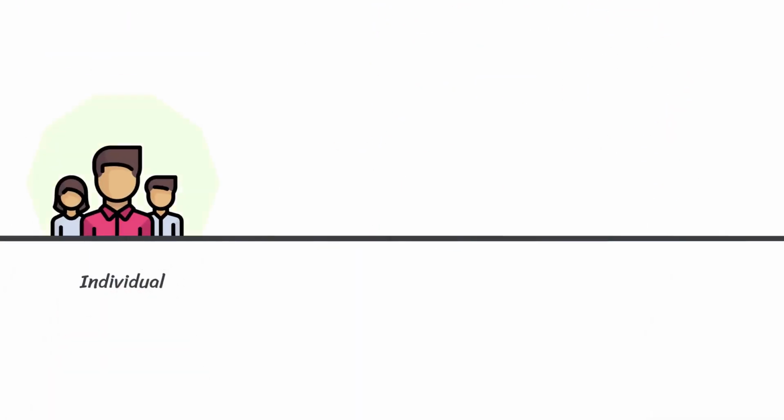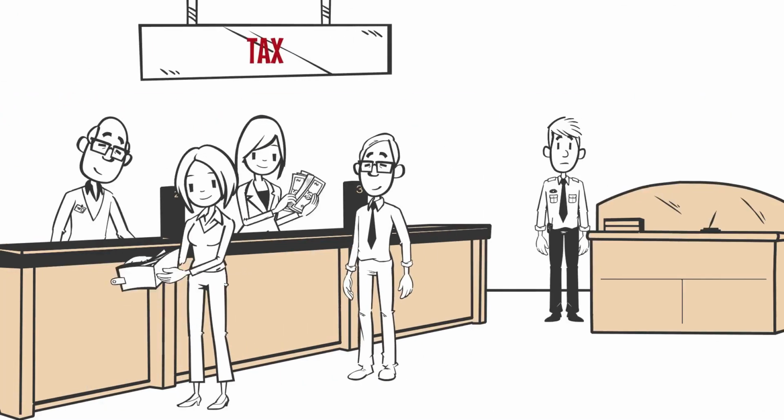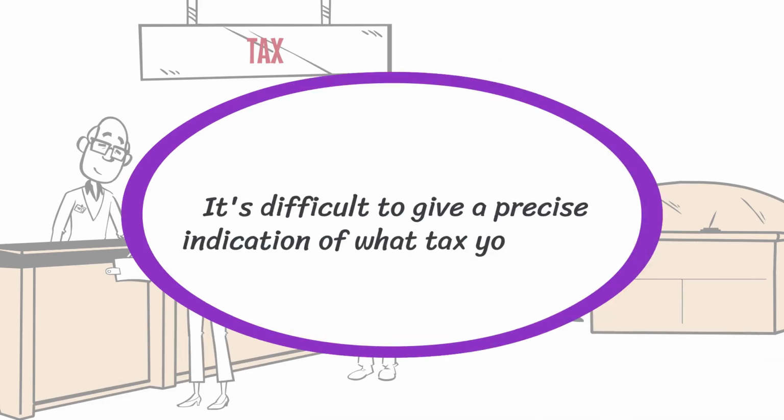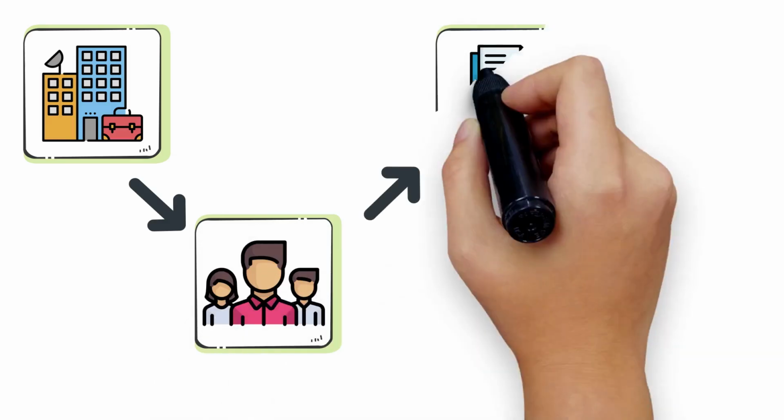Now, while tax liability may mean the same thing for every individual, corporation, or entity, the amount payable to tax authorities can be vastly different. The amount owed varies by each entity because of the different tax laws that are currently in operation. As such, it's difficult to give a precise indication of what tax you might be liable for in your particular situation. As a matter of fact, the tax liability of a company is not the same as that of individuals with wages or salaries,